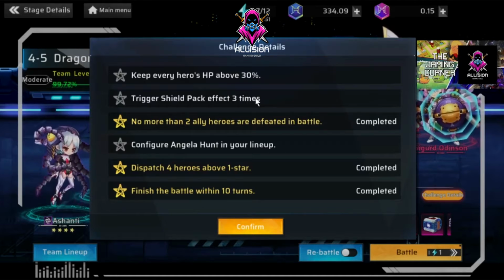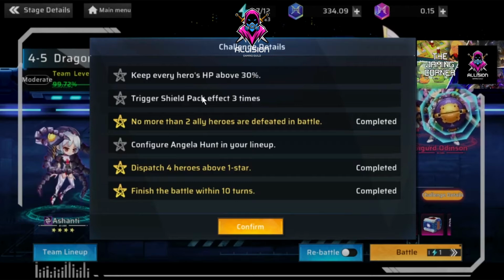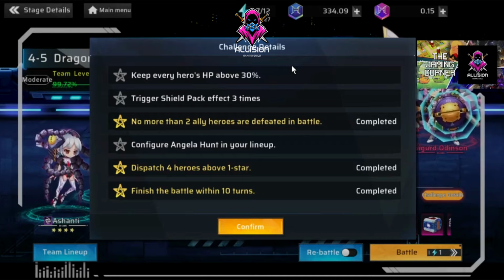So for beginners, don't worry about clearing the star requirements, especially when you are on a lower level, especially this requirement, keep every hero's HP above 30%. You can only clear that if your team has a very strong defense, armor, or a healer. If you don't have any healer for your team, like the team that I've got here, this challenge will be very difficult to clear, since